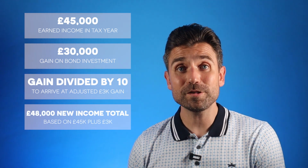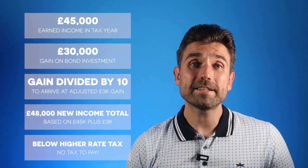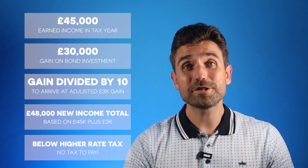45,000 plus 3,000 gives 48,000, which is below the higher rate threshold, and therefore there's no further tax to pay. That's called top slicing relief. Where it gets interesting though is that higher rate or additional rate taxpayers can control the tax they pay in